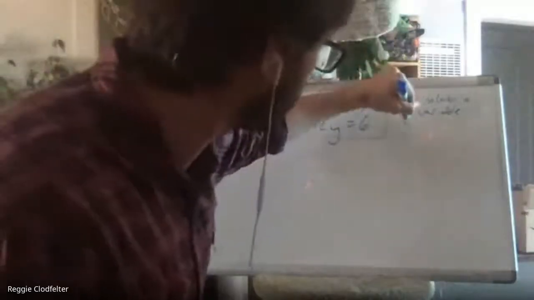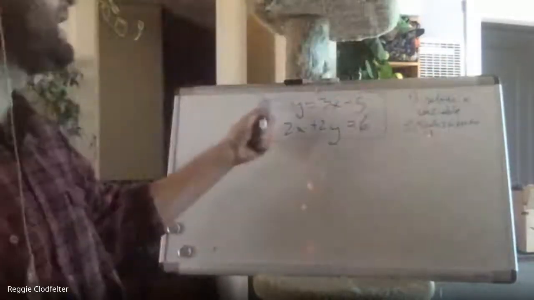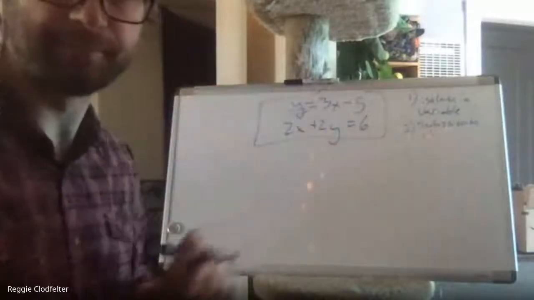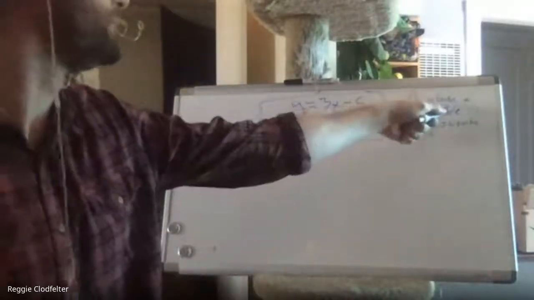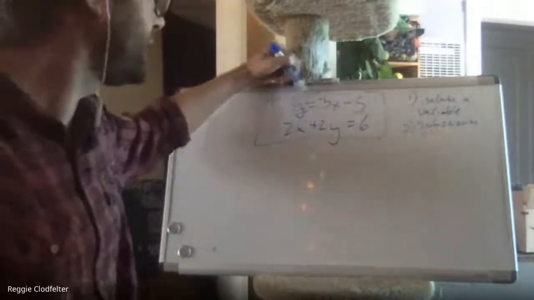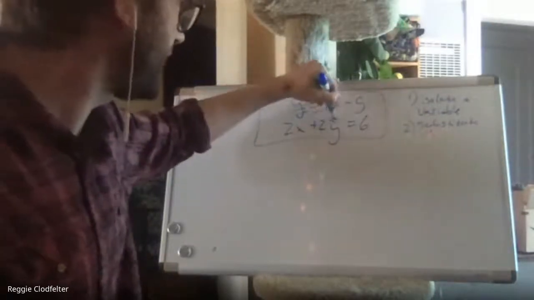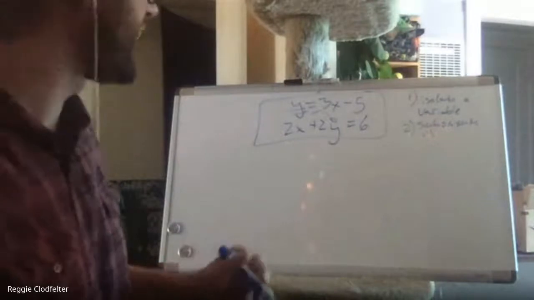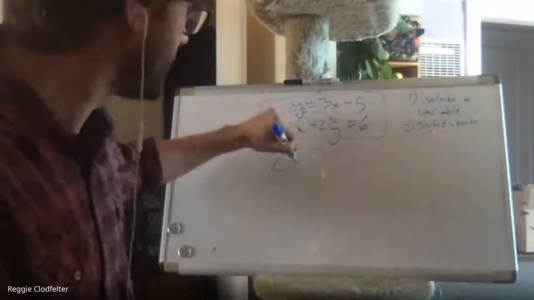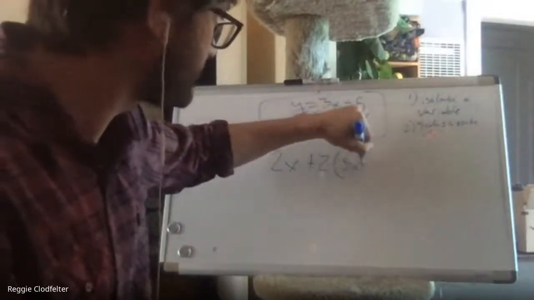Yeah, thanks. Number 1, isolate a variable. Number 2, substitute it. Okay. On 2a, y is already isolated, so we can skip number 1. We don't need to isolate it. We just need to substitute it. So if we know that y equals 3x minus 5, we can replace this y with 3x minus 5 and solve for x. So we get 2x plus 2 times 3x minus 5